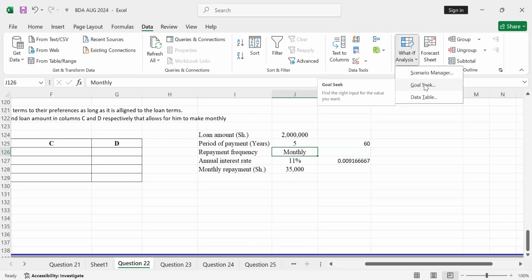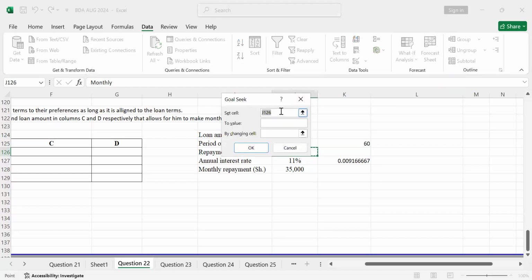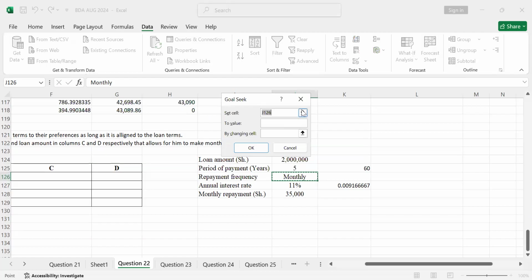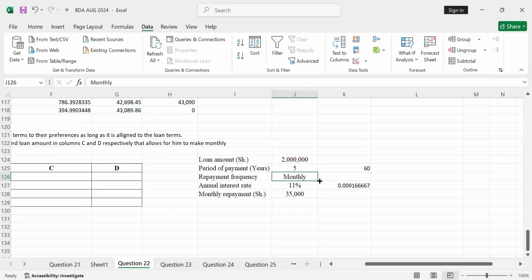We are supposed to use what we call the goal seek. I think, okay, let's just do the goal seek as I've seen. Now,